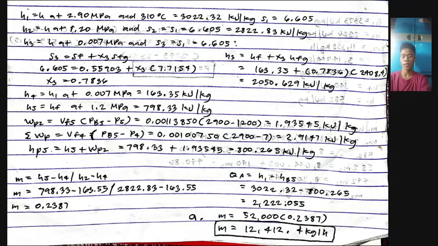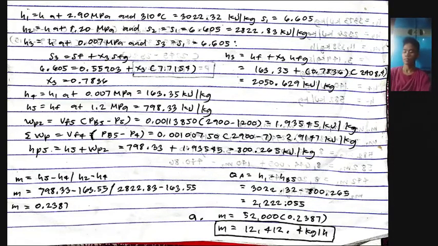To how to get it? H sub 1 equals H at 2.90 MPa and 310 degrees Celsius equals 3022.32 kilojoules per kilogram. S sub 1 equals 6.605 and same process for